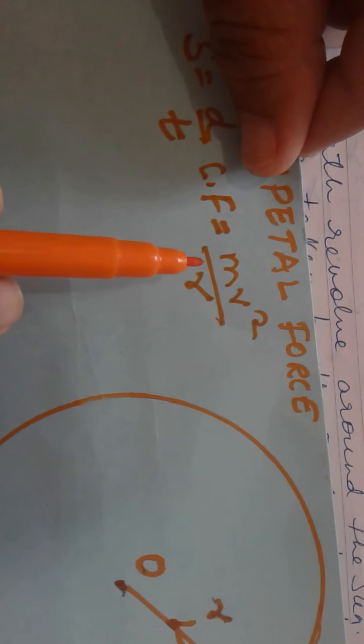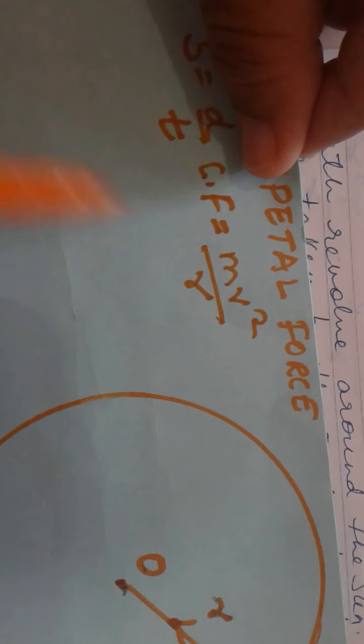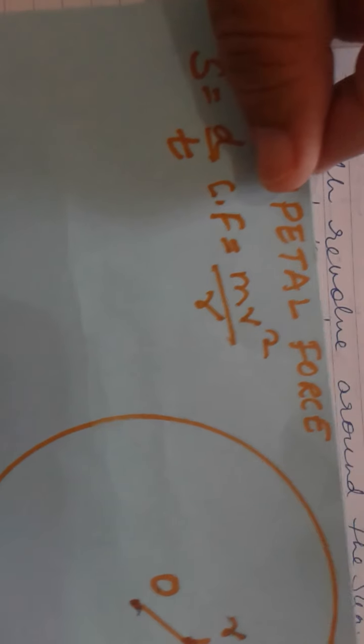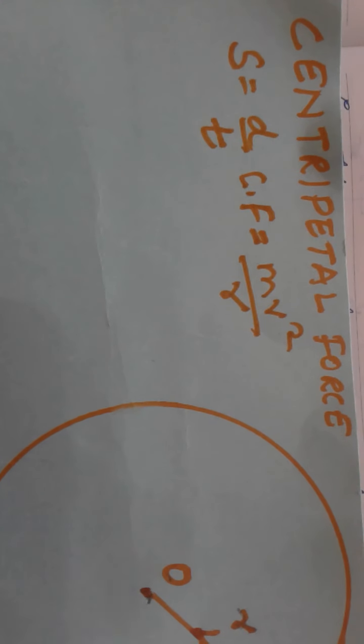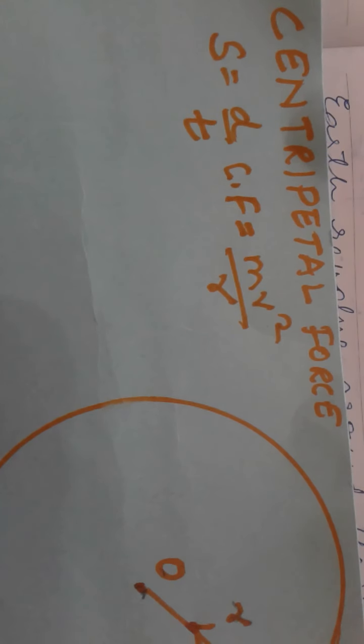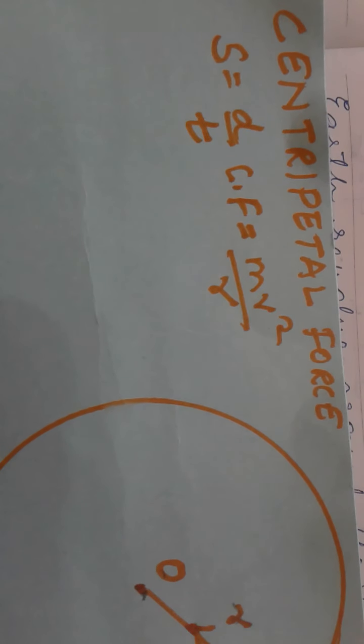m v square is related to kinetic energy, and why is there kinetic energy? Because the object is going around in a circular orbit. It has an acceleration, it has a speed, a velocity. What is acceleration? It is the change in velocity with respect to time. Here it is moving. Suppose the speed of the fan is say 4 or 5, then we will say the velocity with which, or the